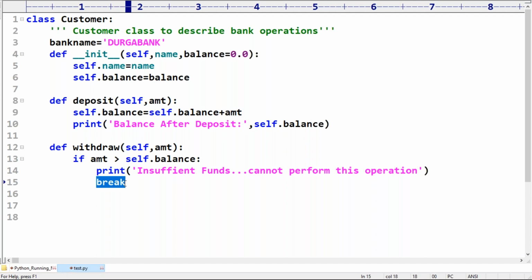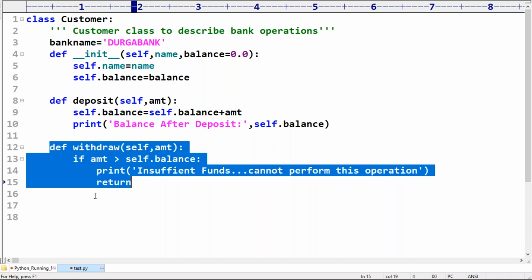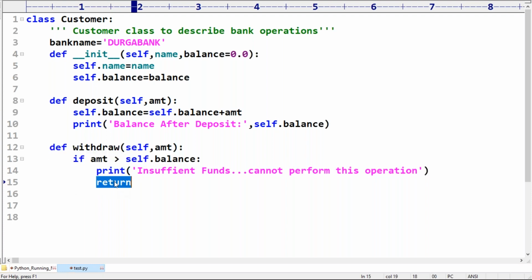Next, return we can use to return from this method without continuing further. If you want to stop the program itself, the JVM or Python virtual machine, can you please shut down?